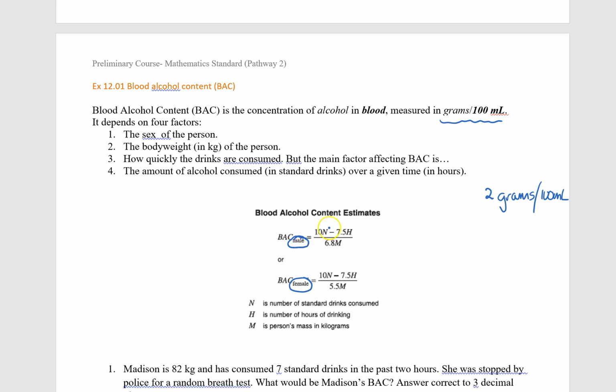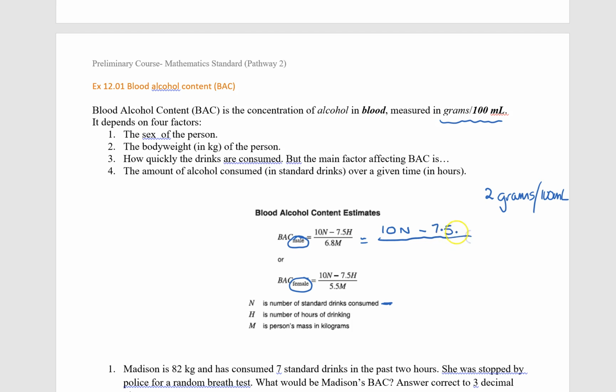So the formula for males is this. Hopefully it becomes obvious. This is a fraction. I'm going to write it a little bit bigger and talk about it. So it's a fraction. So to calculate blood alcohol content for males, we need 10 times N, where N is the number of standard drinks consumed. Well, that makes sense. N for number of standard drinks consumed, minus